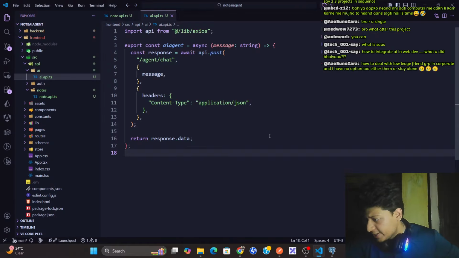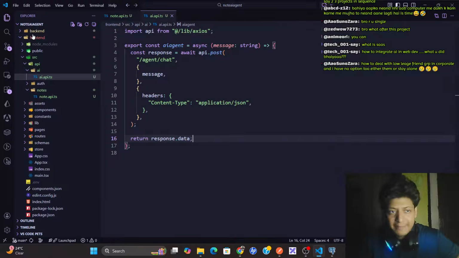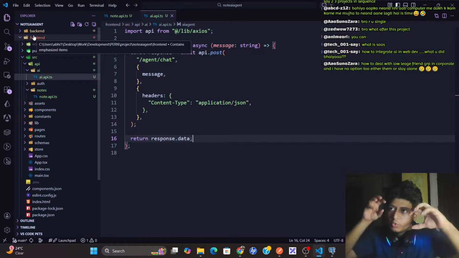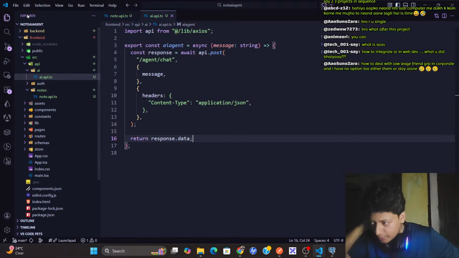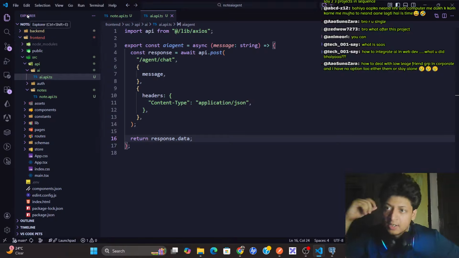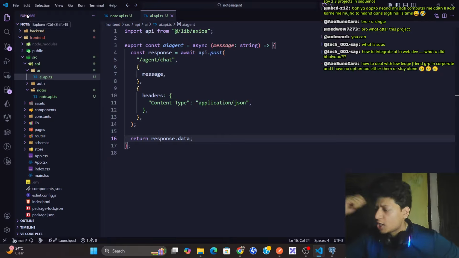How to integrate AI in web dev? See, basically, first you need to build a backend, and then inside that backend you can go to any documentation like OpenAI documentation or Gemini documentation. First thing you need is an LLM API key, right? That is the first thing. Then you need to install a particular package.